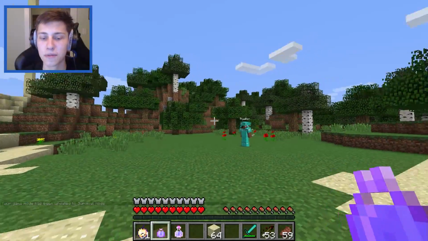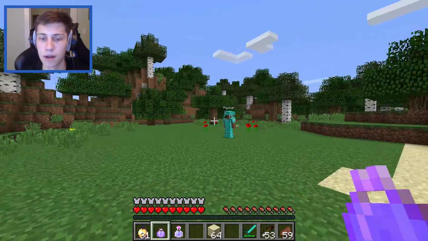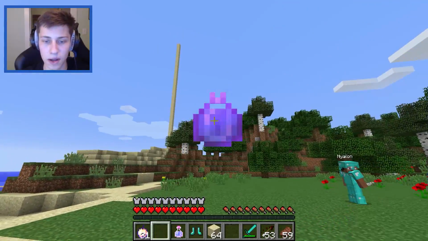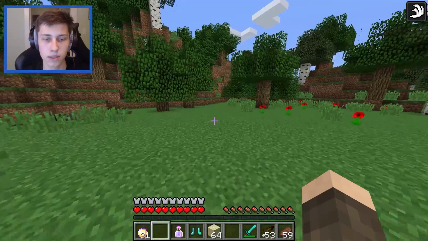The next thing that we're going to cover here is this lingering potion. As you can see, I have a lingering potion of swiftness. Now, you can get lingering potions in any different potion effects. So pretty much everything that you can get in regular potions, you can make into lingering potions. So what you'll see here, I'm going to right click, throw this thing. And as you can see, it makes like a little cloud of swiftness here. So if I run through it, I'll actually get swiftness,